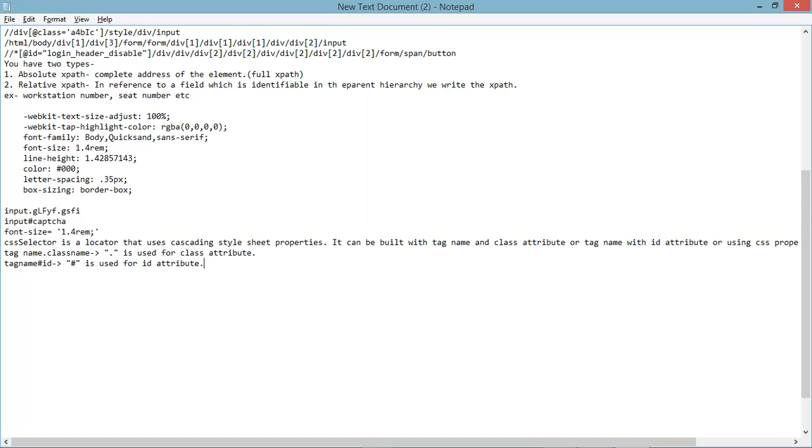Now coming to our real-time examples. Cascading style sheet properties, what did we take them as? Font size, font family. Similar to that, what we'll have in employees: tall guy, handsome guy, beautiful girl.